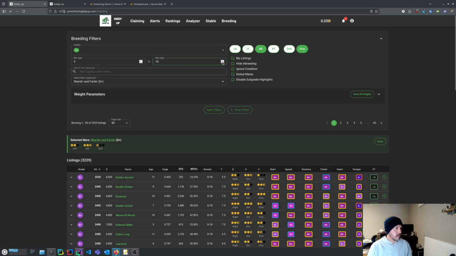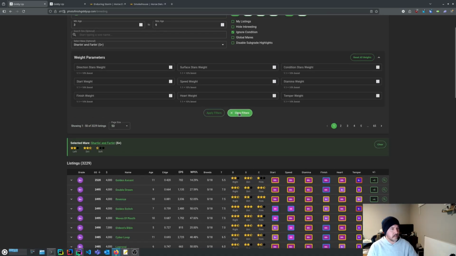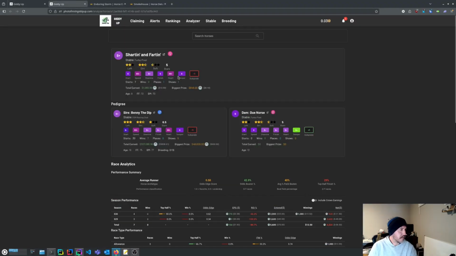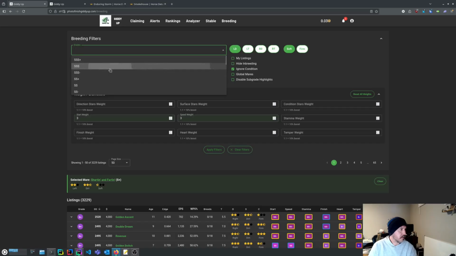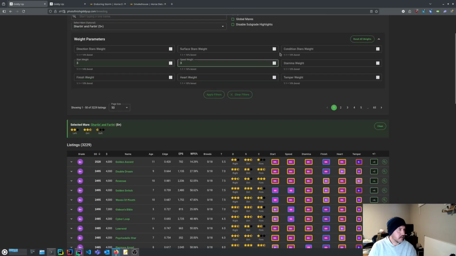Let's load you up. Let's look at some of the new blood out there. You were LDS. Let's keep the subgrades. We can ignore the condition, right? And let's boost start and speed. Temper was -1. I don't care about stamina and finish really with a sprinter. Temper was okay. What I've noticed is there's not a lot of SS minuses with good stars in SS or in LDS. But, you know,